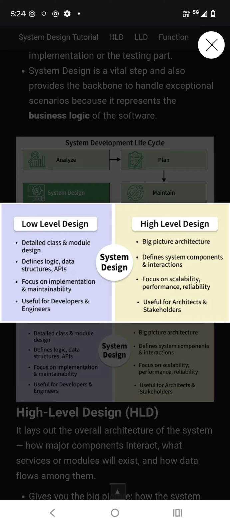High level, we should define the components. What are all the components involved in a particular system? Focus on scalability, performance. High level design. Let's say I want to build a microservice application or monolithic. Let's take a monolithic application. Then I need a web UI, and I need a middleware. I need a database, right? Backend